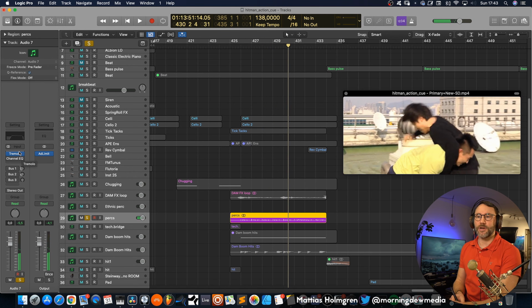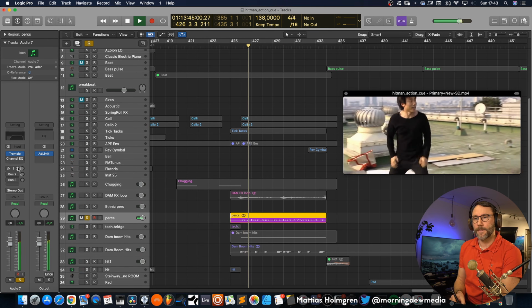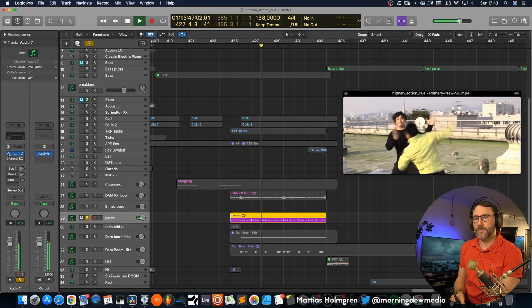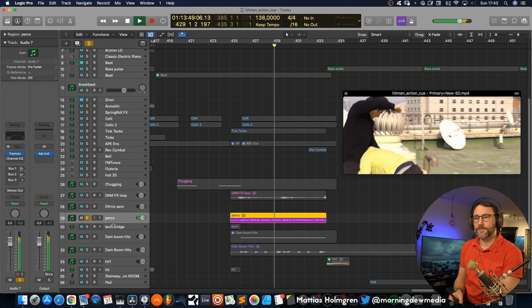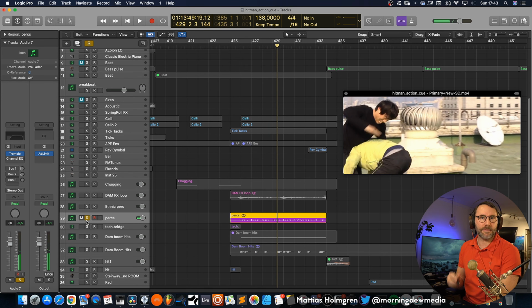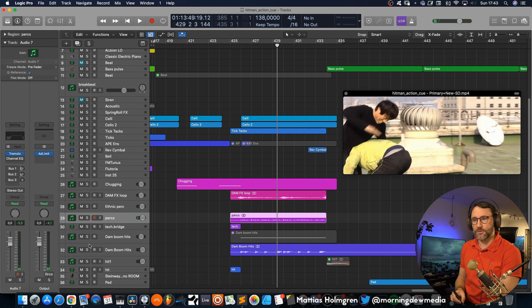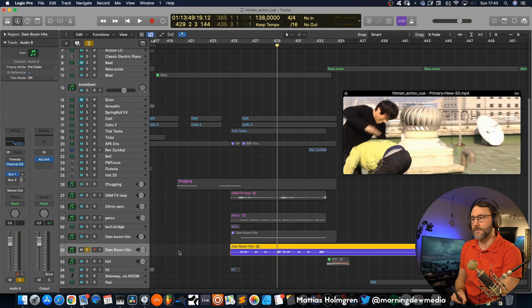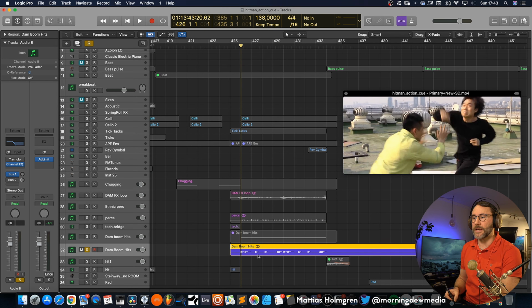And I added some tremolo on this patch, on this loop, to give it a little bit more of a pulse feeling. To also mute a little bit of that reverb, because we have a lot of reverb in some of the other sounds. And then we have these lower boom sounds.